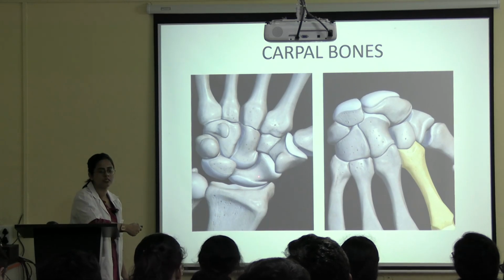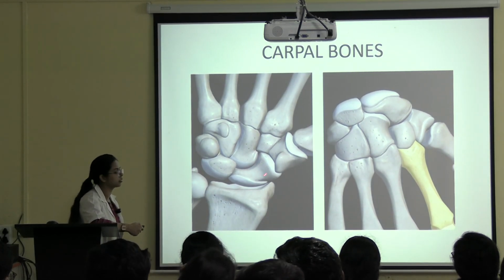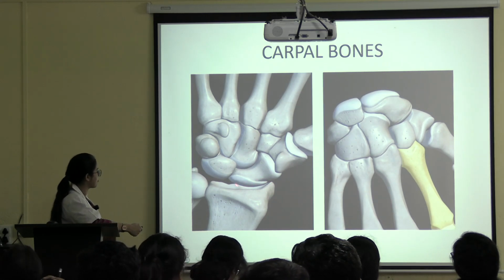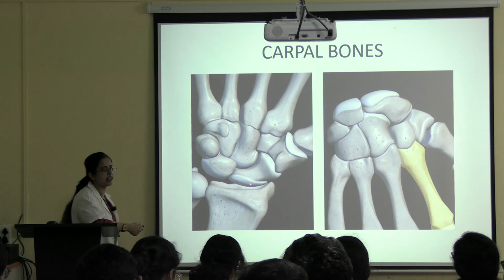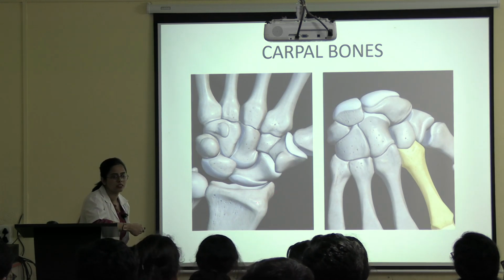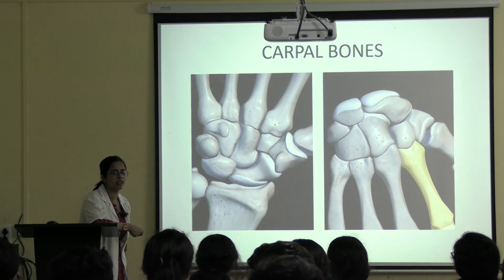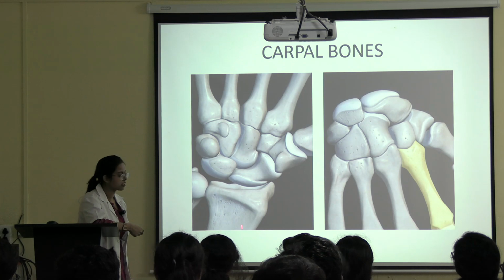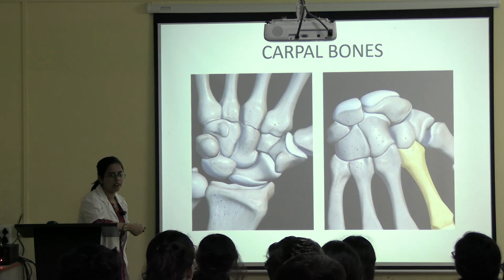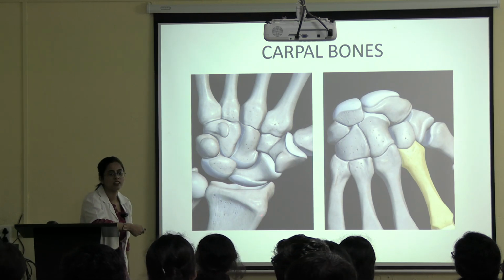What is this bone? This one, scaphoid, okay? Now what is the shape of this bone? Boat shaped, okay? In the proximal part of the scaphoid bone, there is one articular surface by which it is articulating with the radius. It is the lateral side. So laterally which bone will be present in our forearm? Radius, and this is the medial side, so ulna. So in the proximal part there will be a facet, or articular surface, for articulating with the radius.